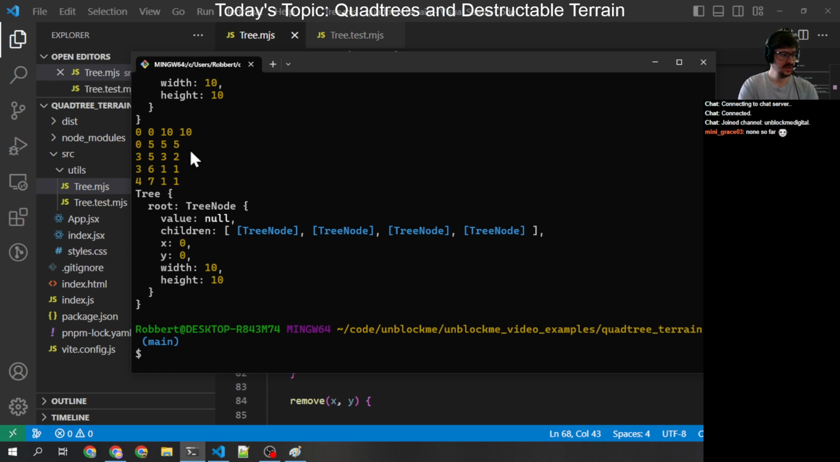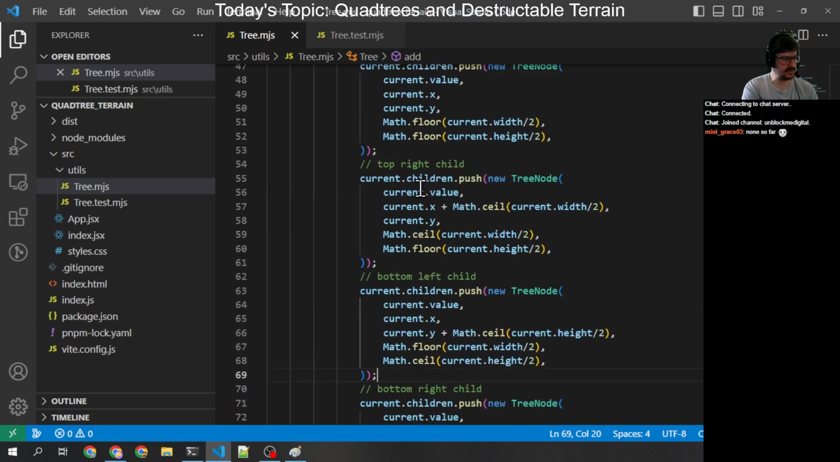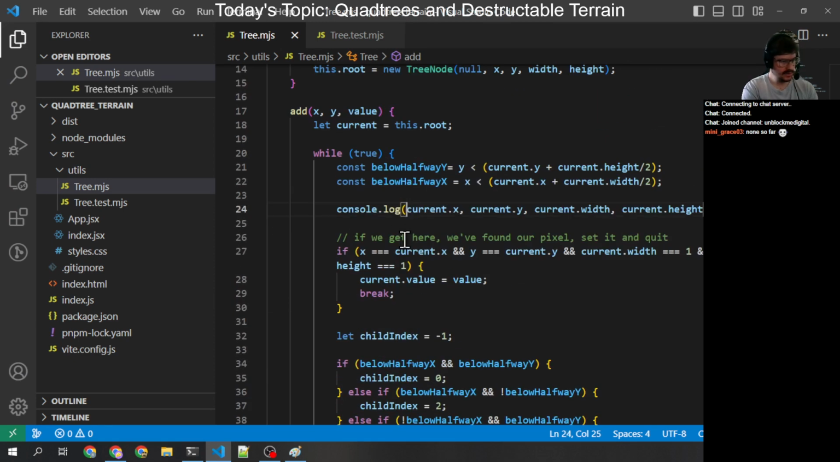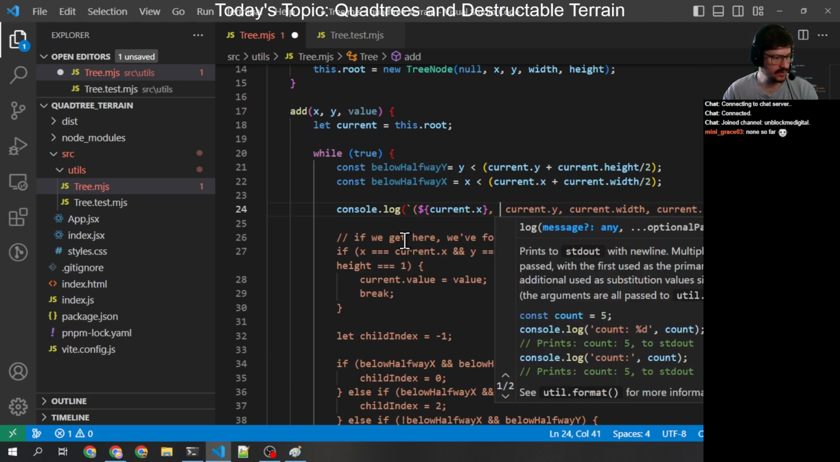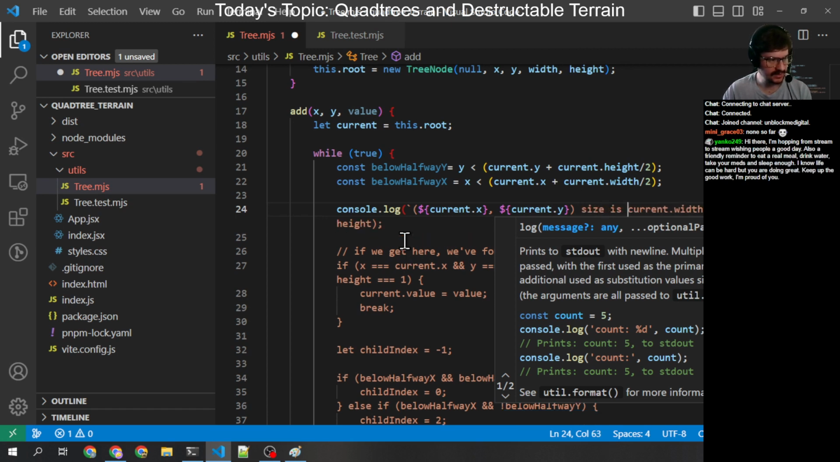Okay. Now that doesn't look as bad. Now I got 0, 0, 10, 5. We went to 3, 5, 3, 2. Remember, this is x, y with height. Maybe I'll change that a little bit better so it's a little clearer. Let's see. Let's put these in. Let's just use a template string because that's going to be a little bit better. Put these in coordinate pairs like that. And size is